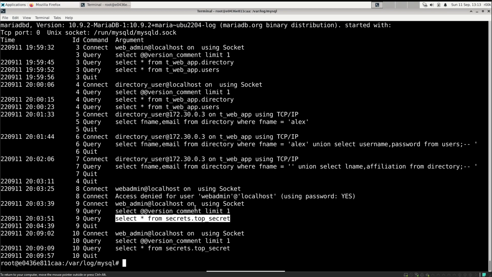So what we can do is create an alert in whatever we're using for logging, whether that's an ELK stack or Splunk, or if you have a SIM on the back end, you can have your SIM creating alerts if it sees logs like this. But we just want to see, anytime we see secrets.topsecret or top secret or secrets, those aren't real databases, those aren't real tables, and we want to generate an alert. And these are high confidence alerts. What I would recommend is put one of these in every database you have in a database server.